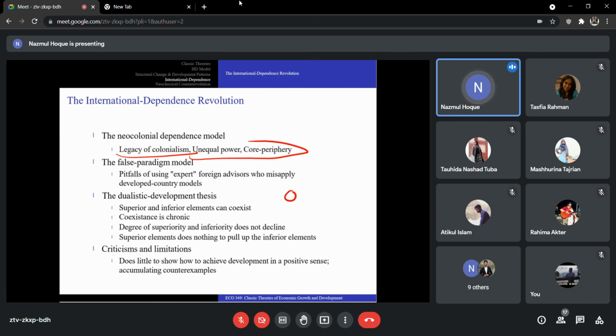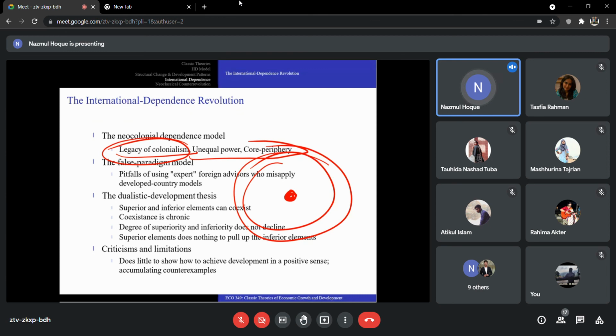So core is, if you think about Bangladesh, for example, the policy making areas, or let's say Dhaka city or the major cities versus the rural areas surrounding this area. So there is always a struggle, always a dualism between this. So basically the center is going to determine what the periphery is going to do. Or if you think about the colonial legacy,